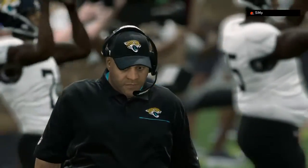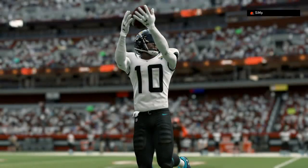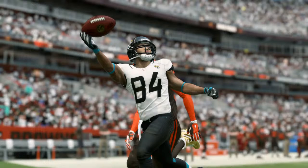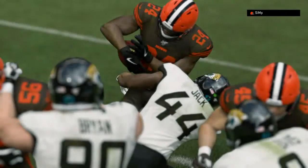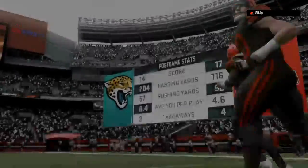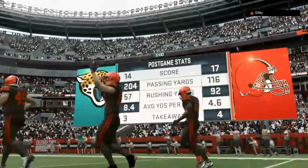So Cleveland able to come away with the victory here, and they were really helped by their defense, forcing 3 turnovers. I think what we saw in this one, today's defense. And what I mean by that is in the old days, pitching shutouts was big time. That was paramount. But the big thing was holding people down, holding down their yardage, right? Don't let them throw the ball through the air and gain a lot of... But now, it's about taking the ball away, taking away possessions, getting the ball